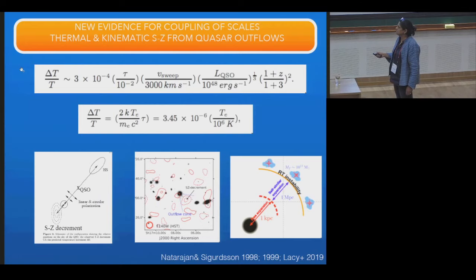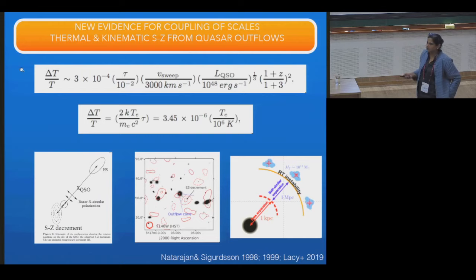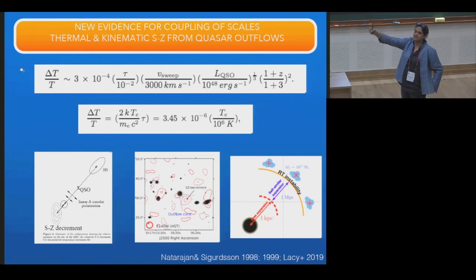This particular source that was detected last year is actually at modest redshift, like 1.5 or so. But there's a very strong dependence on redshift with the decrement. And as you all know, the Sunyaev-Zeldovich decrement doesn't get diminished. There isn't the surface brightness dimming that you have with optical light. So you are just as likely to find a decrement at redshift 1 as at 10. And the amplitude of this decrement has a strong scaling with redshift. So you should start uncovering